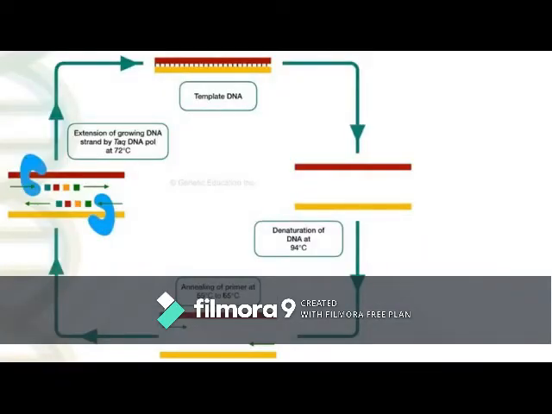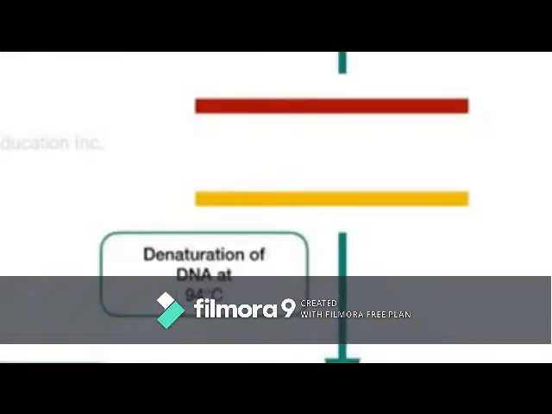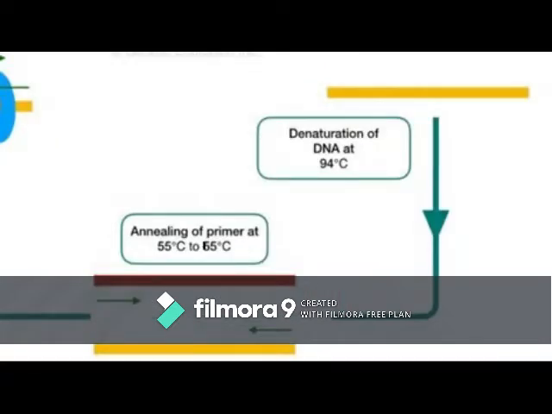The entire PCR is basically governed by temperature. Different temperature zones facilitate different reactions. Denaturation, annealing, and extension are the three PCR steps. The first step is denaturation. Denaturation is the process in which double-stranded DNA becomes single-stranded. At 94 degrees Celsius, the double-stranded DNA gets denatured. This is preceded by an initial denaturation of 5 to 7 minutes.